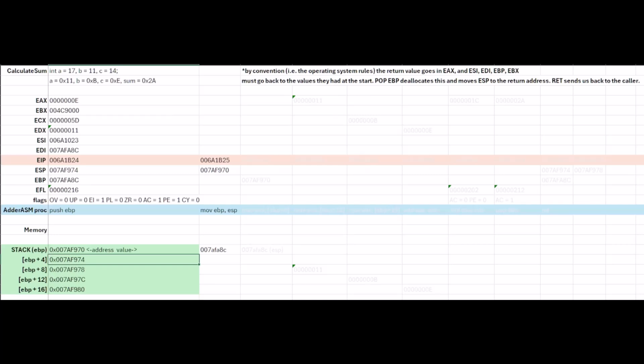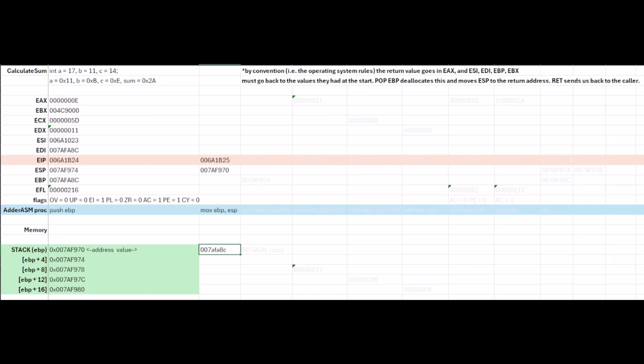Before we did anything, ESP had this memory address stored. After we push EBP, the new address that is stored in ESP is this memory address right here. And then, yeah, that's pretty much it. So that's why here I wrote, this was the place in the stack that was relevant, and I just wrote